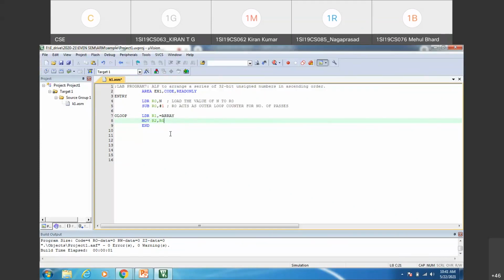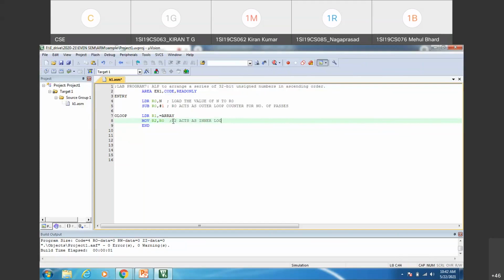And in the first pass, the number of comparisons that take place is just 3. So whatever R0 value we are having, we will be copying to R2, so that R2 will be acting as an inner loop counter to keep track of the total number of comparisons. So here R2 acts as the inner loop counter. So I am using R0 as the outer loop counter.